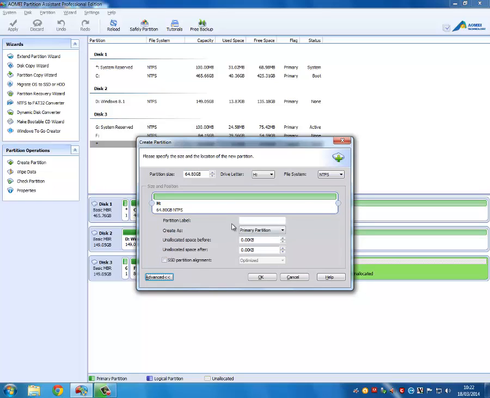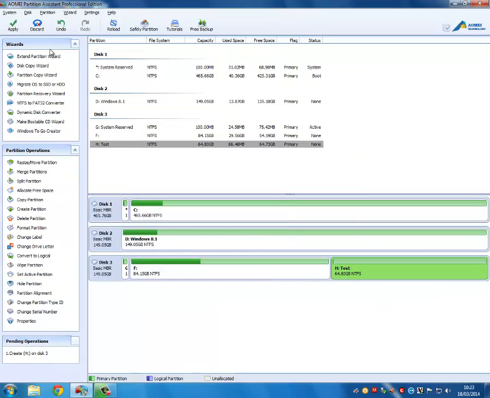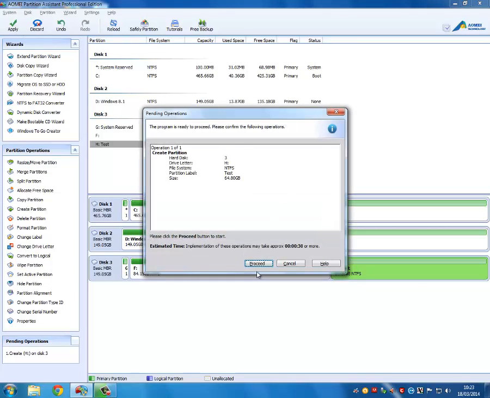Click advanced, and you can also select whatever you want to do. So if you want to call it tests, for example, like that. You can select whether you want it to be a logical partition or primary partition. You can add SSD partition alignment. Something like that. And then once you're done, press OK, and you press apply, and it will create a